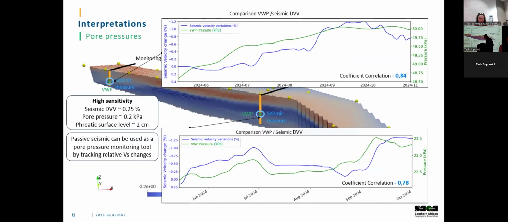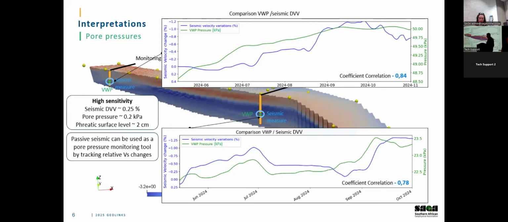If you look at the vertical scales, the velocity changes, which are in percent, that full scale is about 1.5%, and the pressure scales about 1.5 kilopascals in the full range. So these are very small changes. They're not what anyone will lose sleep over. You're happy to see this.